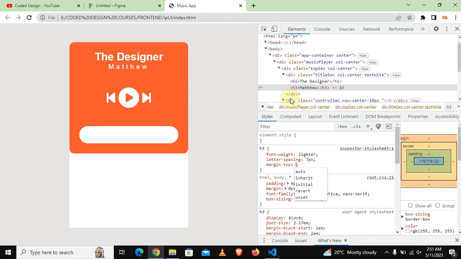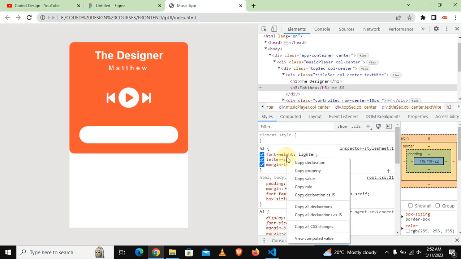Let's just make it 5 pixels. Okay, 5 pixels. Let's make it a little bit... Okay, yeah, I'm happy with that. Let's copy all of these CSS styles